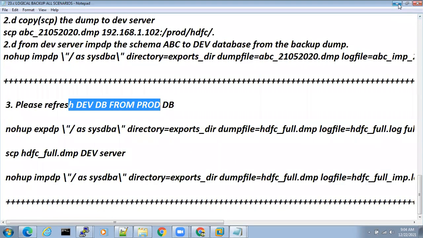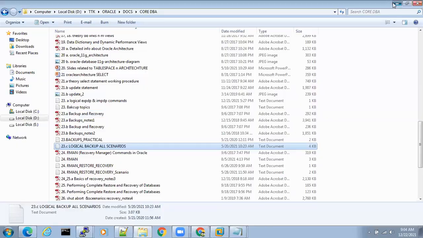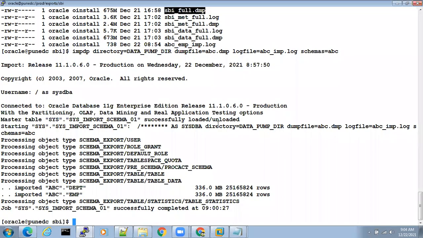But for now, as I told you, there's a homework that has been allocated to you, which is already given. EXPDP help is equal to Y, IMPDP help is equal to Y, after which do the exports and imports, all the practicals that I have told you till date. Understand, guys? Yes, sir.